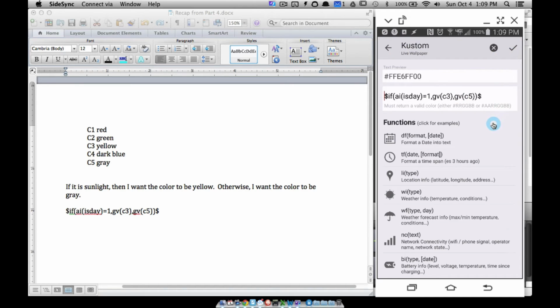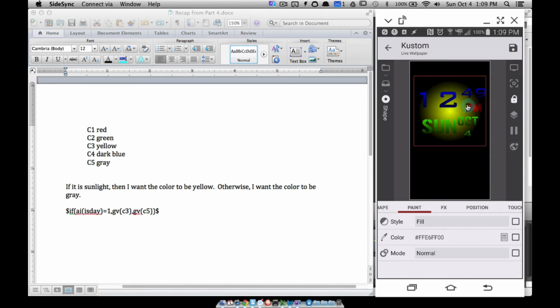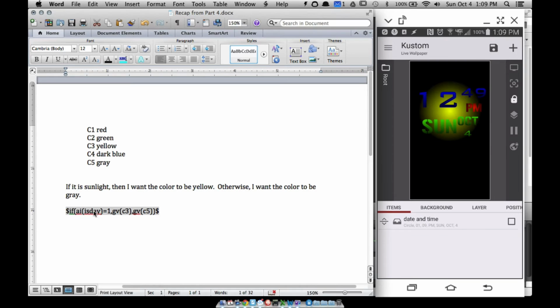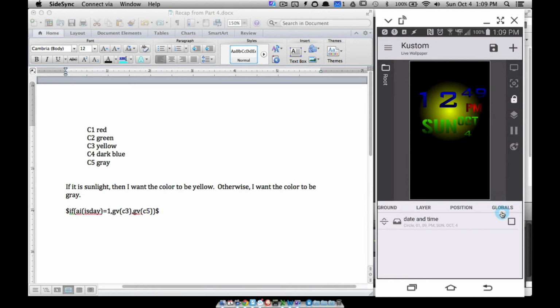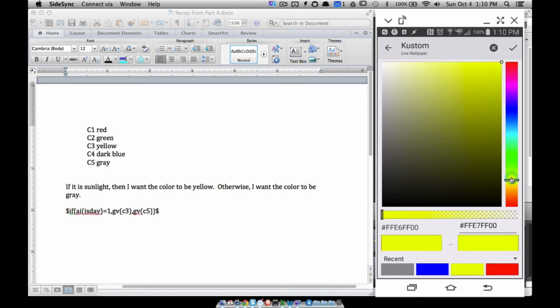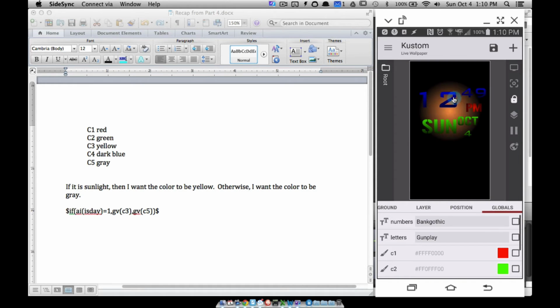Now I can't show you what's going to happen if it becomes night because we're in daylight right now. However, what I will show you is this. Since it is day, since it is equal to 1, it's going to return C3. Now if I were to go back into my root and go to my globals, and if I were to change my C3, suppose I didn't want it to be yellow, suppose I wanted it to be like an orangish color, something like that. If I tap that, it's going to change that